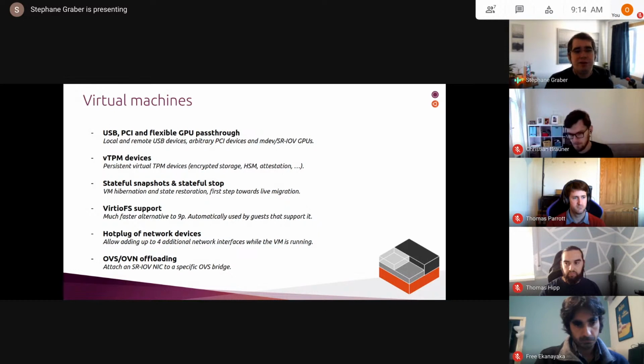The next step is we want to add hot plug of network devices, so that you can, we've got a preset number of slots on the PCI bus that we can hot plug network devices into. That would probably allow adding, I think we're probably going to go for four additional network interfaces that way. And we will probably end up using the same mechanism to also eventually do USB devices being added live and some other bits.